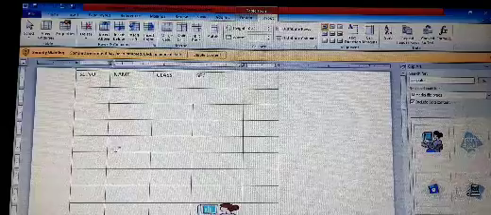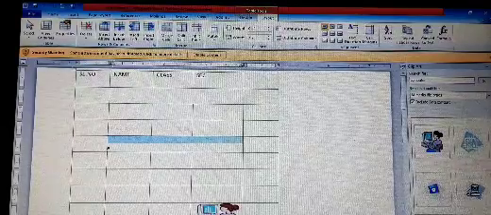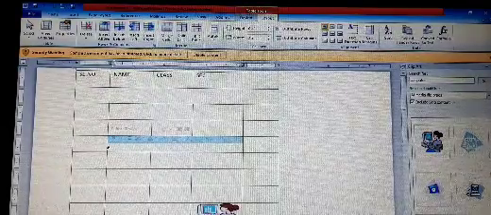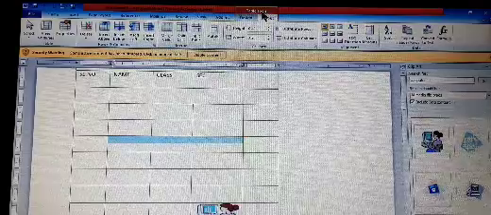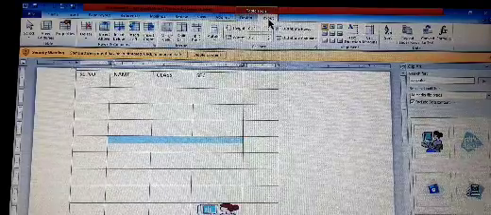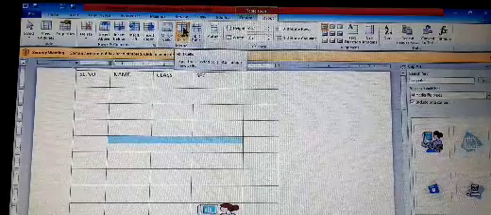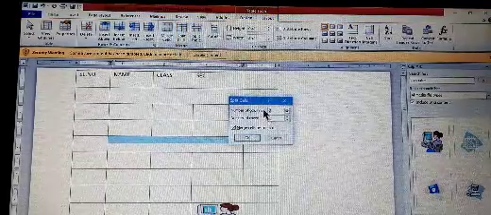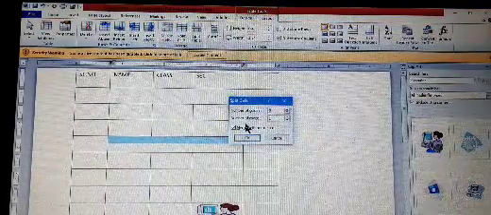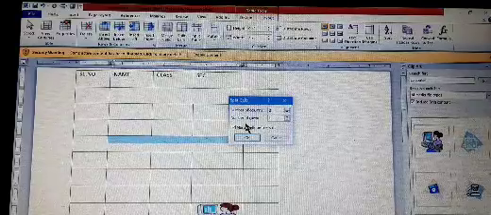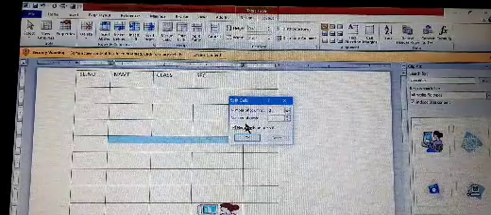Splitting cells: select the cell which you want to split into multiple cells, then table tools, layout, split cells. Here you need to enter the number of columns and number of rows.